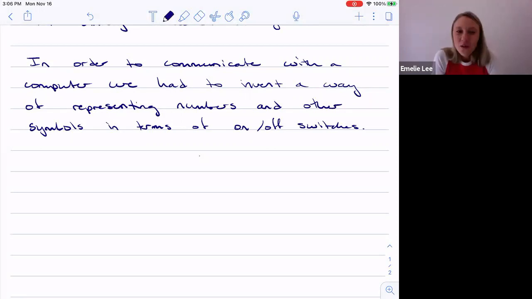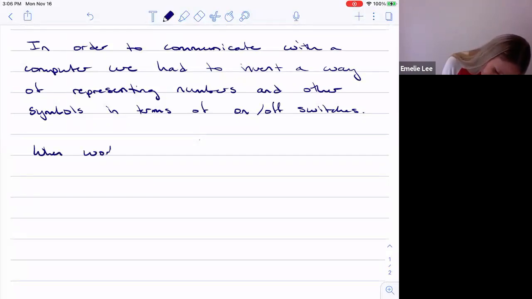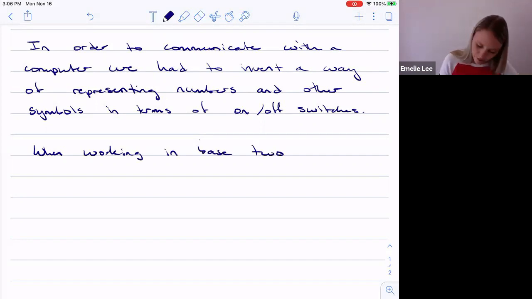Okay, so we've got a series of on-off switches, and so binary was born, right? So when working in base 2, which is binary,